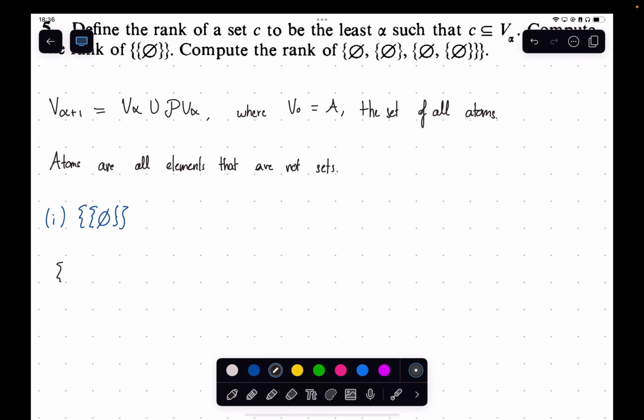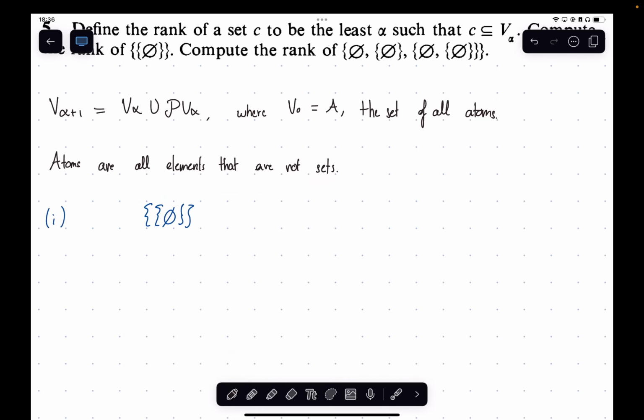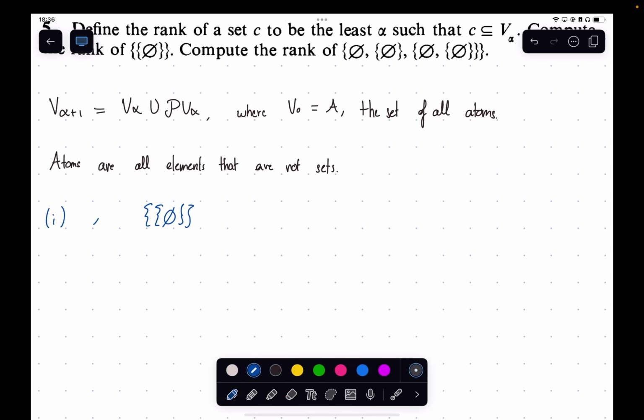Okay, so let's start at the beginning. So is this set, and you know what, I am going to call this A, just to keep my sanity, so I don't have to rewrite it. So the question is, is A a subset of V0? The question we're asking is if A is a subset of V0,